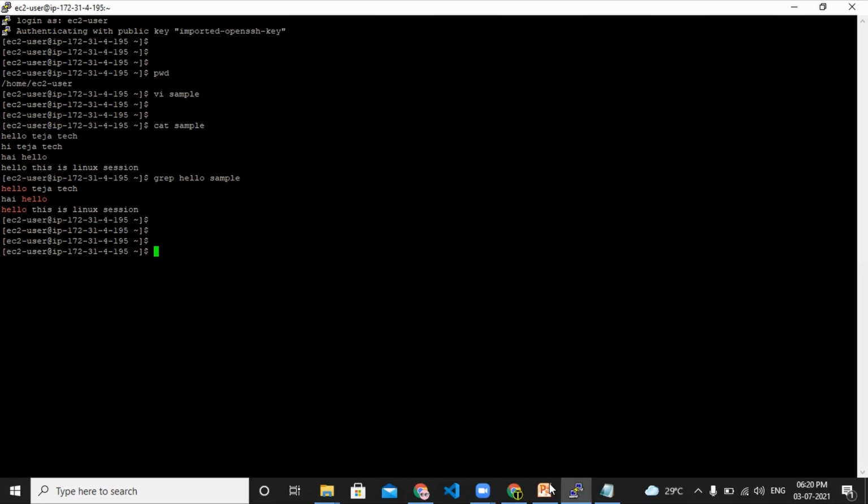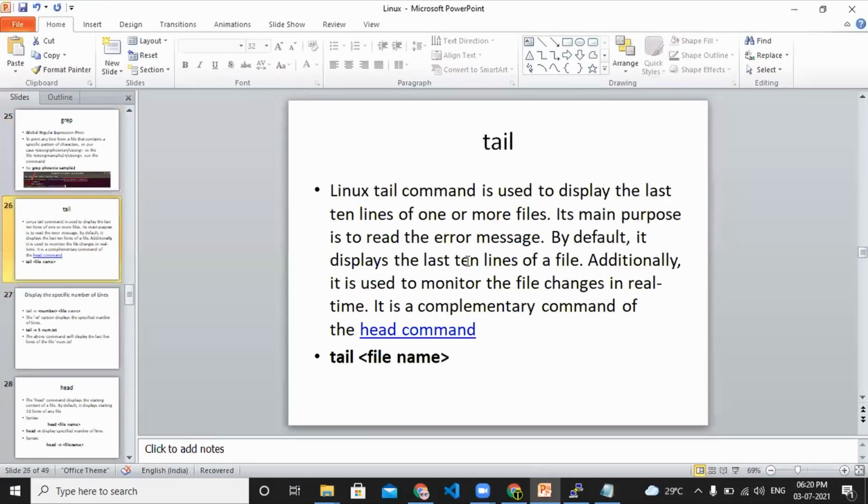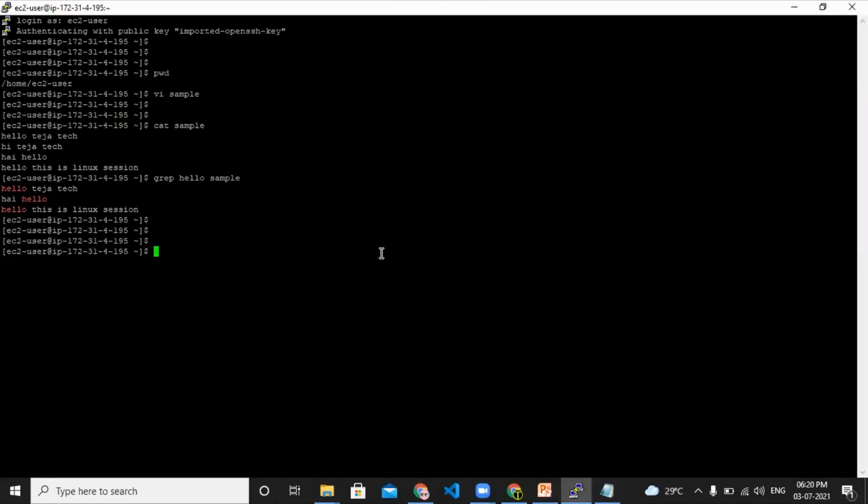Okay. So next, we discussed that tail is a command to see the last 10 lines. So we'll create one more file for tail. I'll use vi to create a file called number.